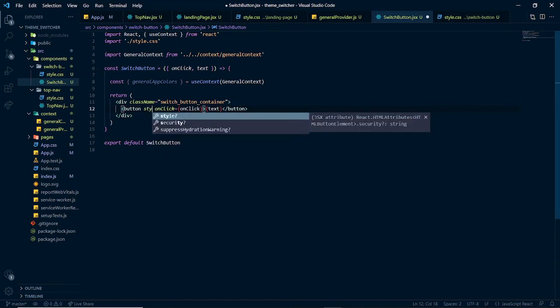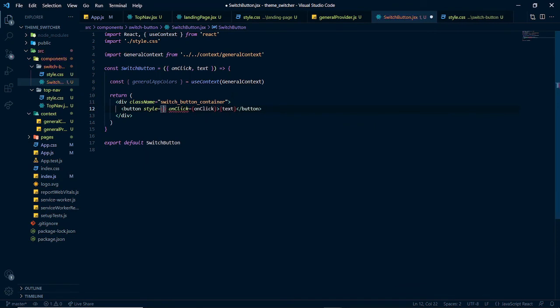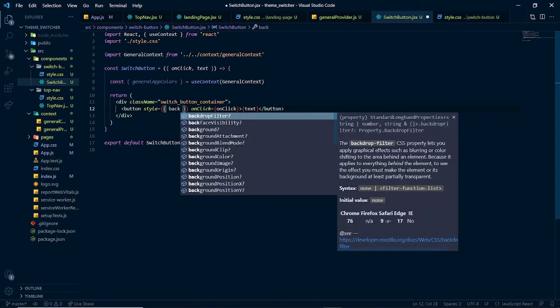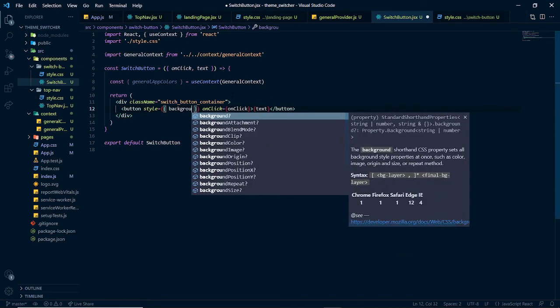So inside of here we'll just declare a style sheet. Now if you're using something like styled components, if you've tried it out before, I guess you could use it also in this case and do this instead of putting a style here, and there's a way it's done. But we are using plain CSS, and we are going to be using a style sheet in this place to add these things. So inside of here I'll just say background color. So we want to say background color of this application,